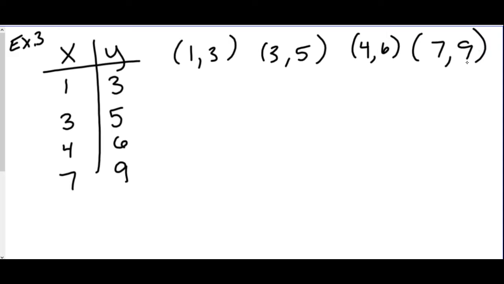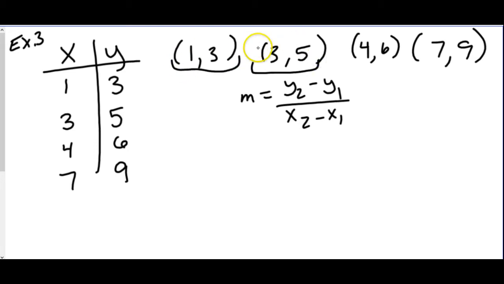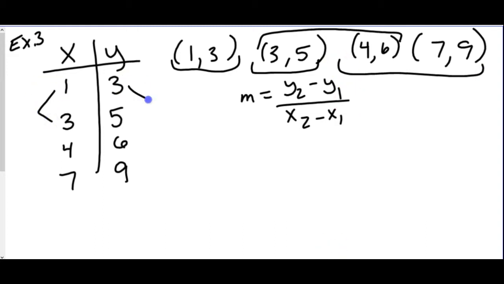So we want to check and see, is this a line? And if it's a line, what's my equation for the line? So we're still going to keep finding slope. We're technically still doing y2 minus y1 over x2 minus x1. But we're going to kind of cheat because we want less work for us. If I had to check the slope between those 2 points, and then between those 2 points, and then between those 2 points, we'd be plugging a lot in. So the way we do this is we just take the 2 numbers stacked on top of each other and